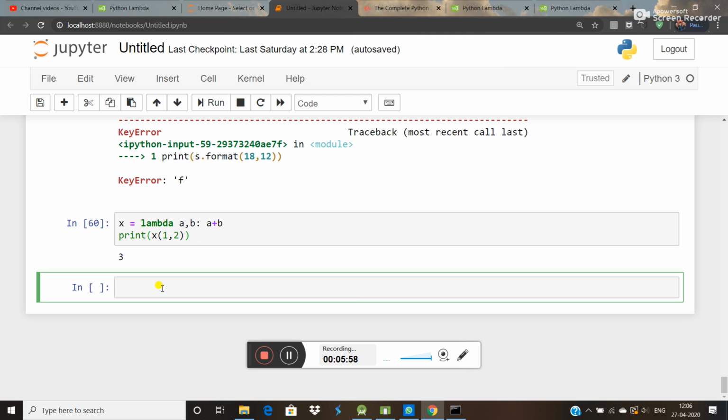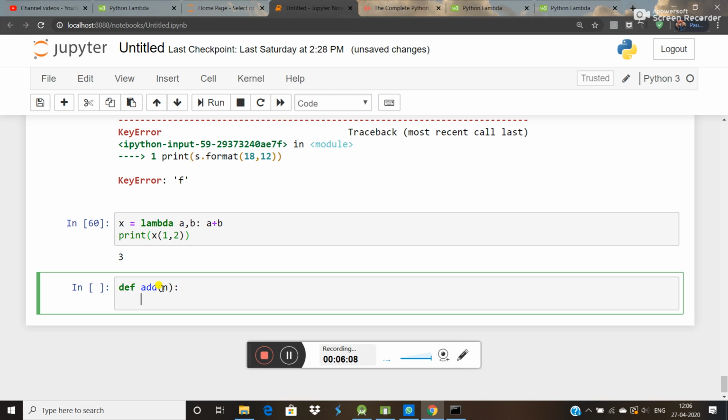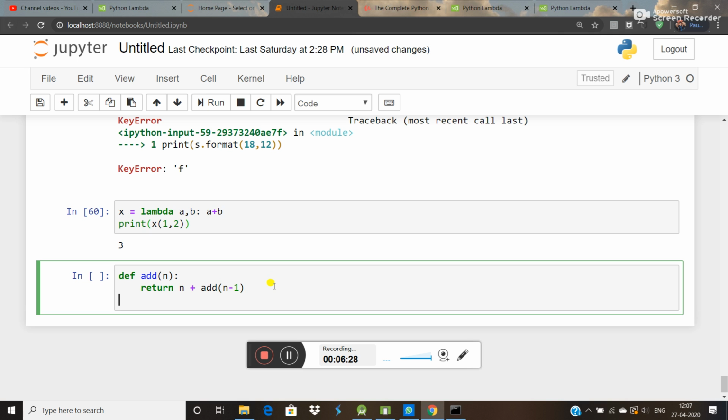So if you want to add numbers, meaning 1 2 3 4 5, then what you have to do, first of all, is declare a function add. And now what you have to do here is simply return n plus add of n minus 1. I think it is like this; if it is not working then we have to try another way. Okay, like that you can do. And now call this function add of 3.